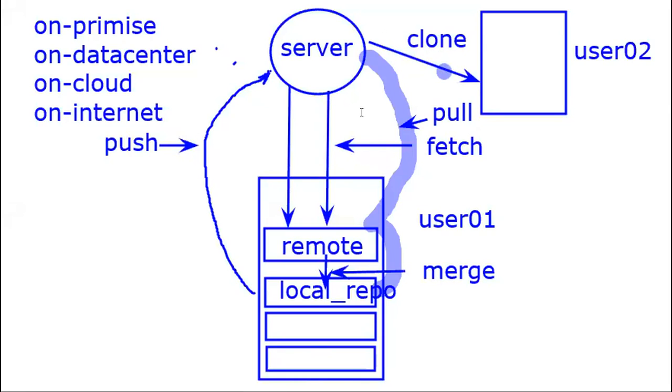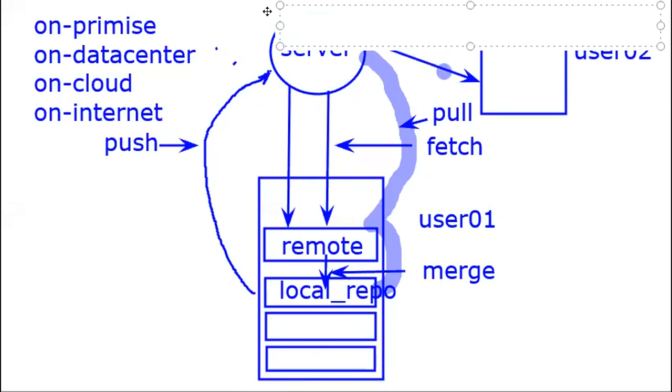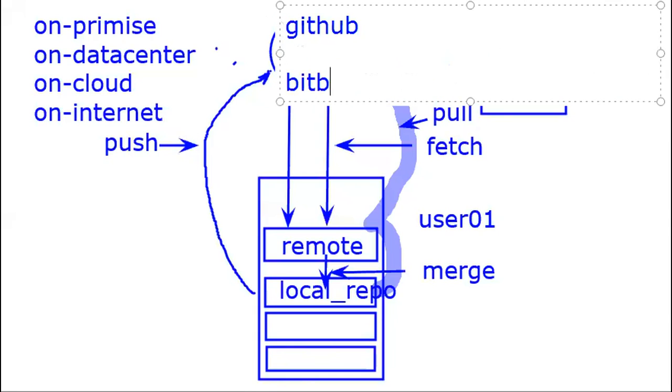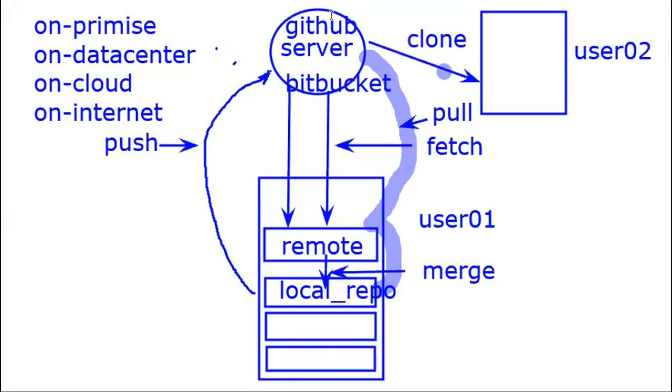The server can be anywhere in the world, or it can be on the premises. As we talked about the Gmail service, which is a free service, similarly there are services that give Git server service. That means you can store your files on the internet free of cost. What are those services? You may have GitHub, or a service called Bitbucket, and so on, as your servers.